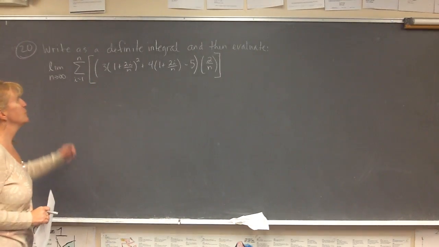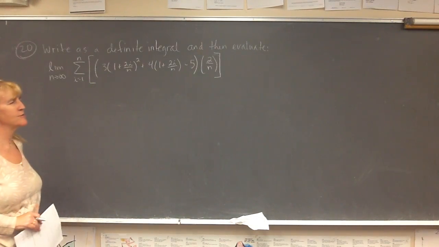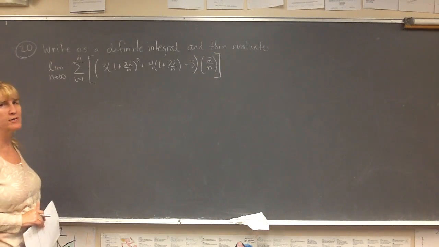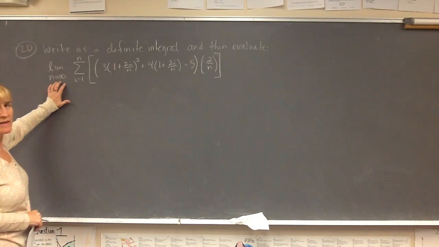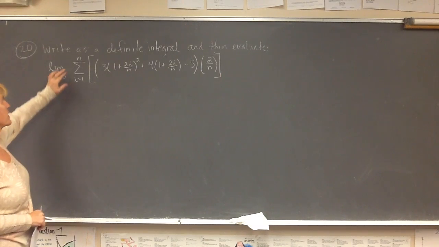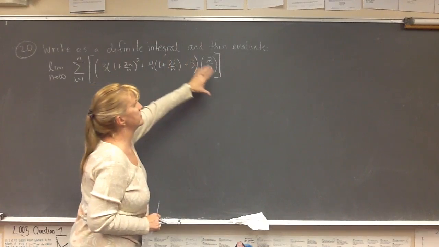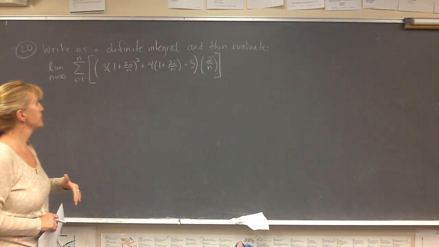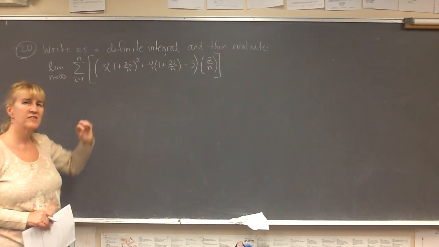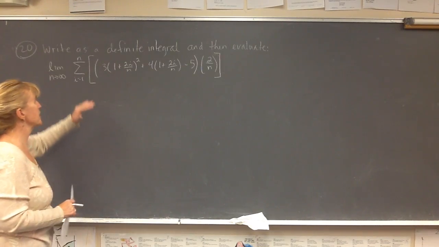Students, we're going to work on question number 20 right now. We're going to write this as a definite integral, and then we're going to evaluate this limit as n approaches infinity of the summation as i goes from 1 to n of all of this. Now, in order to actually get this question done and done well, you have to understand what's in this set